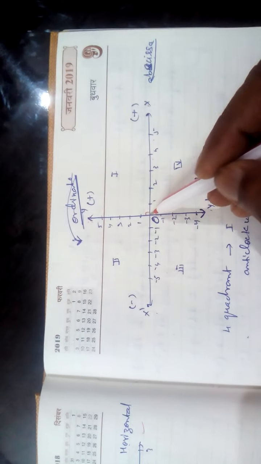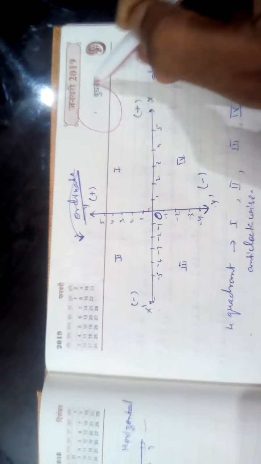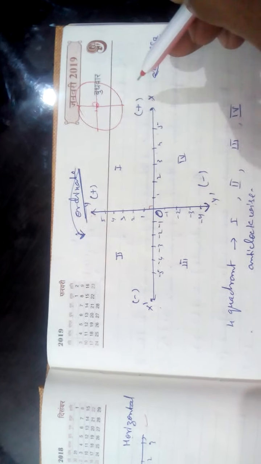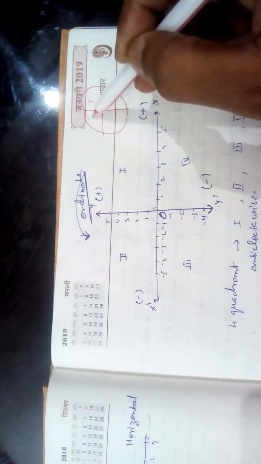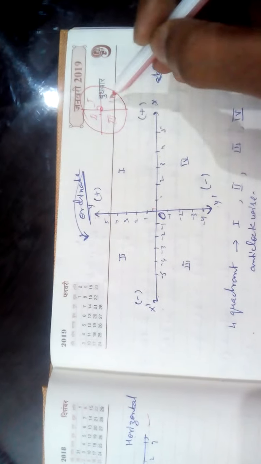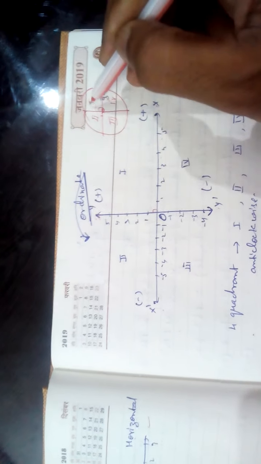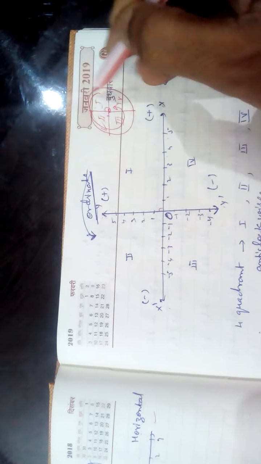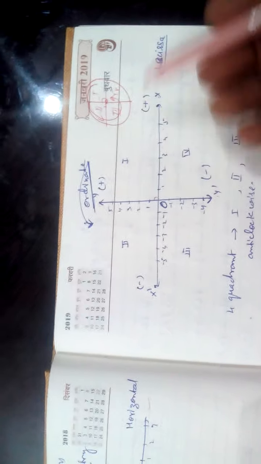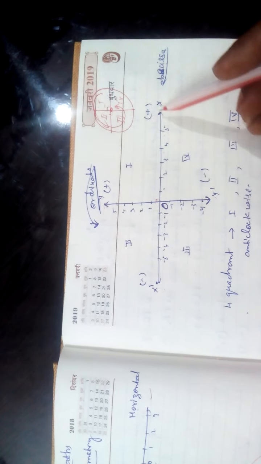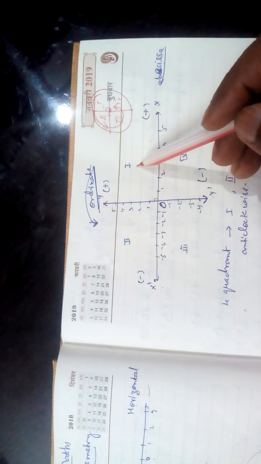Suppose it is the center of a circle; when you draw two diameters at 90 degrees, it divides into 4 parts, and you count the parts from the right top. From this place we start and go anti-clockwise like this. Going anti-clockwise from the right, the first one is where both are positive, so it is called the first quadrant.